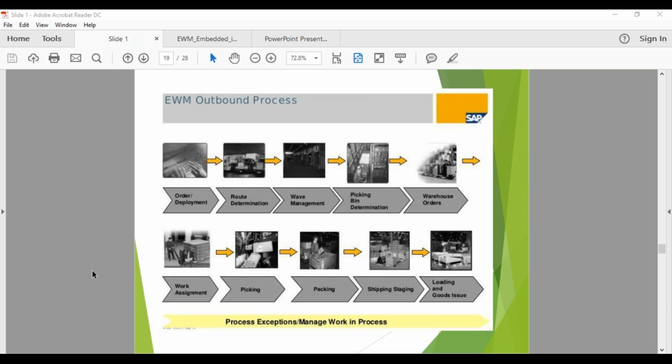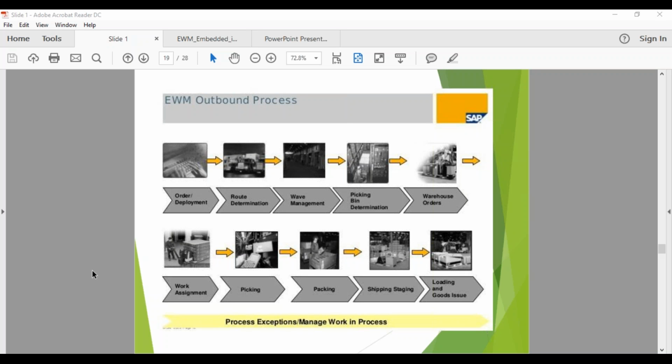Okay, there are multiple deliveries. For example, in a day if we have to handle 1,000 customer deliveries, or sometimes 2,000 customer deliveries, those are the number of deliveries which are coming to us. By that time we'll have wave management. We'll discuss wave management when we come to the outbound delivery. Because 2,000 deliveries I have to handle,